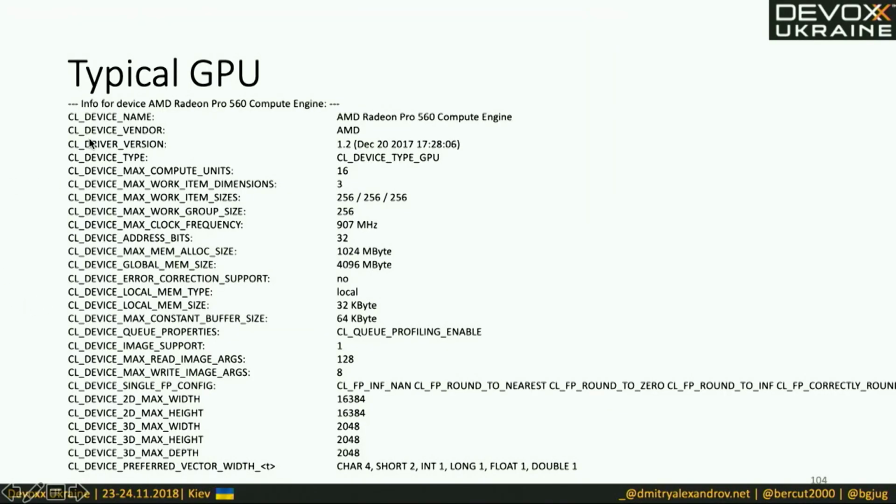You see this 256, 256, 256 value. It means that this GPU can chunk our pieces of data in three dimensions, in blocks of 256 by 256 by 256. And as you see, the processor is, well, stupid, with less than a gigahertz of power. And this is the idea.